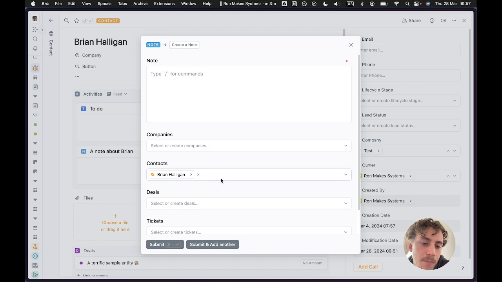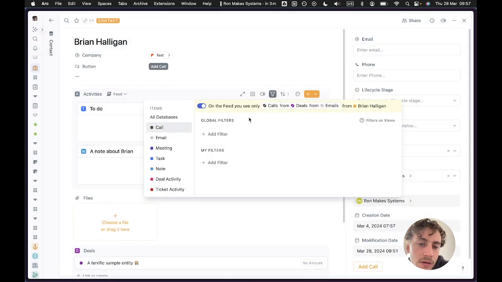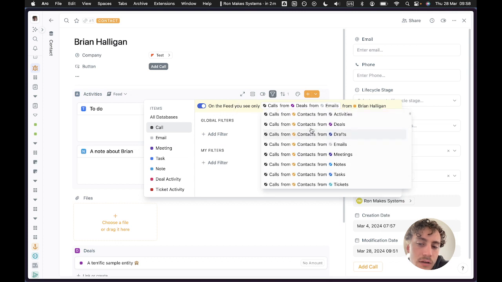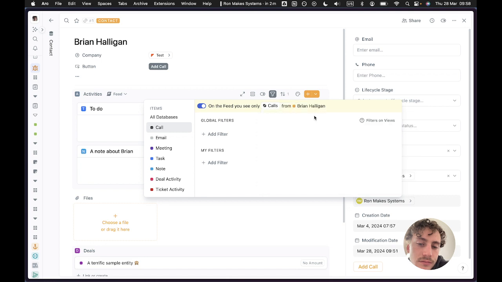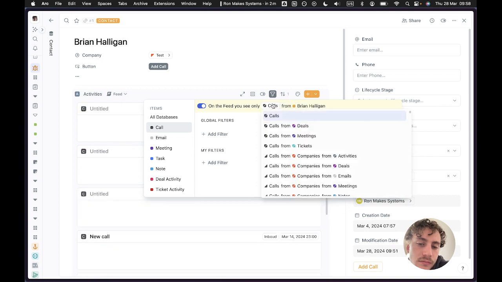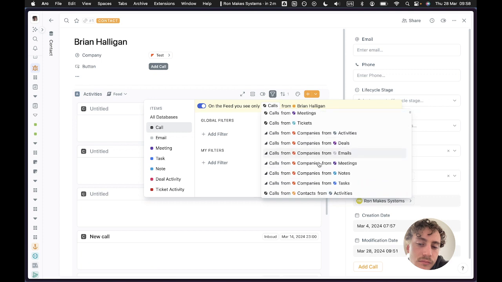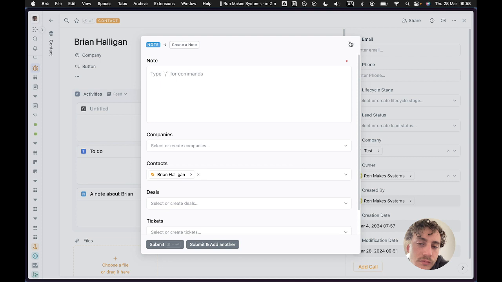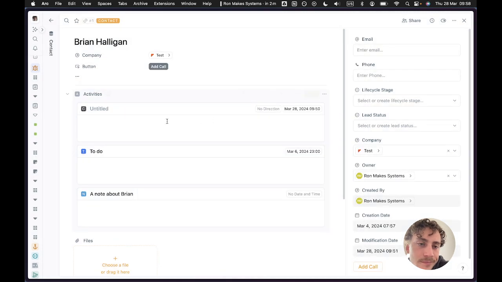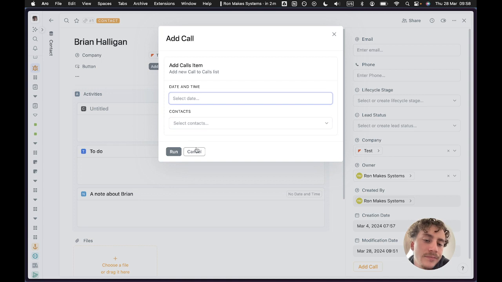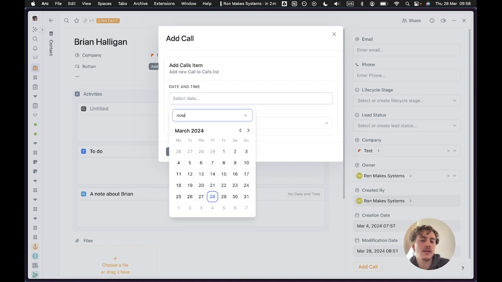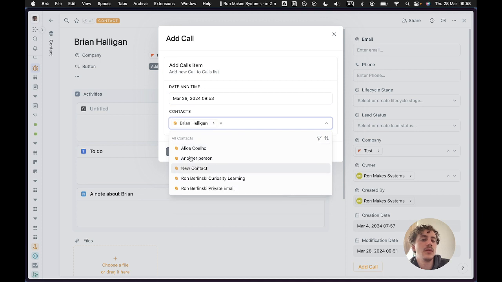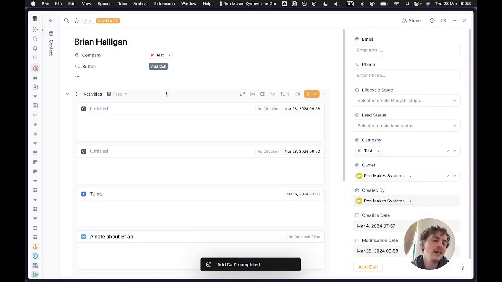It's not doing what I wanted to. Because this could be a workaround on here, like adding the context filters. Field, I want calls from contacts. That doesn't work. Okay. So this is the workaround that I'll do for now. Set the thing to now with Brian and then run. And then